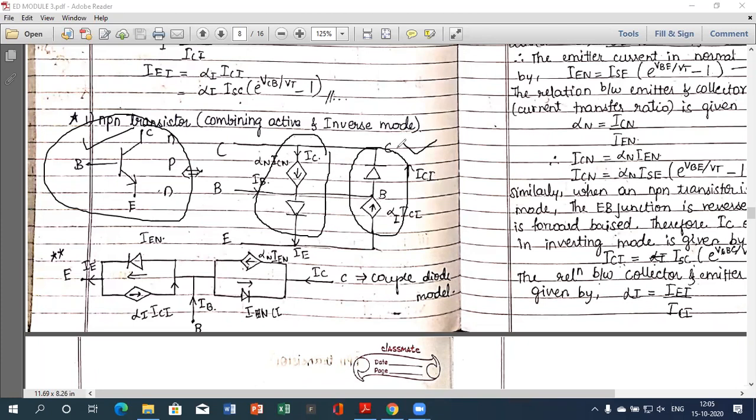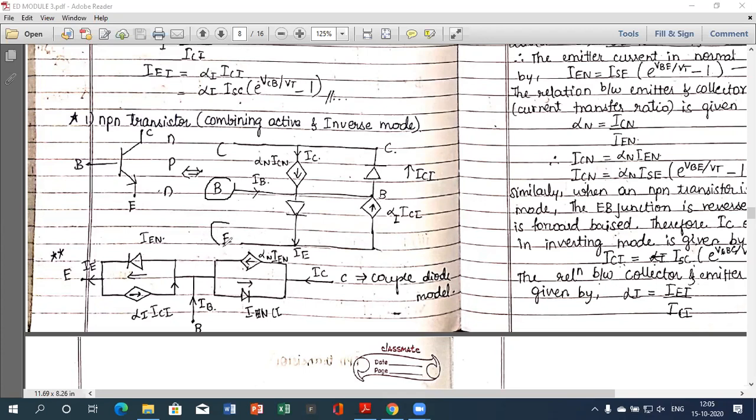Next is what I have done. I have short connected them. Here both are collector terminals, so connect and call it the collector. These two are base, so connect and call them the base. And these two are emitter, so connect and call them the emitter. Now these are the three terminals, collector, base and emitter, of this NPN transistor and its equivalent circuit in terms of two diodes and two current sources. This is what is done by the Ebers-Moll model.